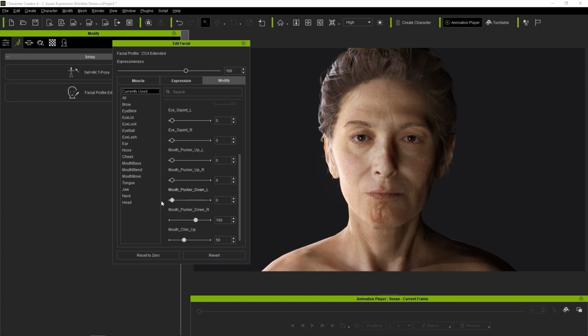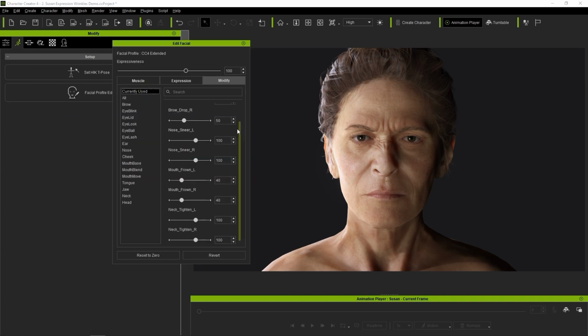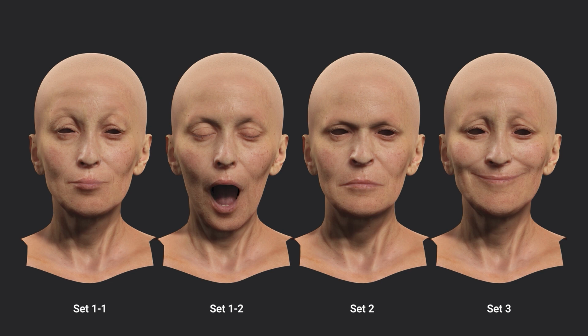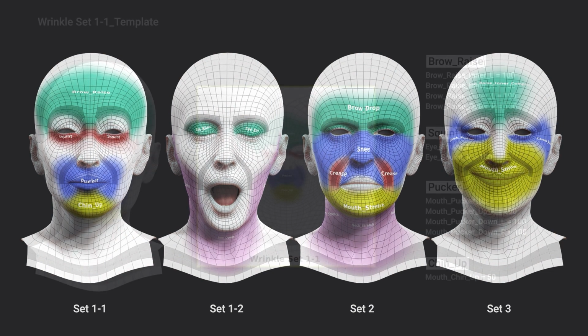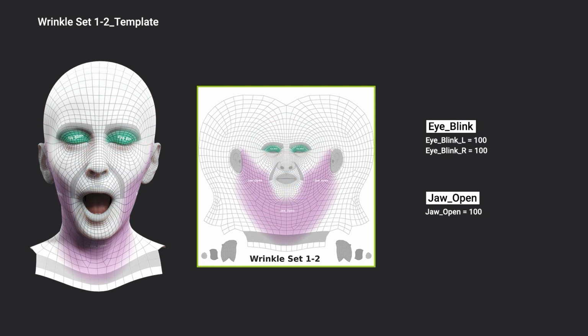You'll notice that a number of different sliders are utilized when I apply the Set 2 wrinkle preset. The 4 expression presets in the Wrinkles Test folder are all that's needed to check the results for every wrinkle on the face. You can see the various areas of influence all compared side by side here. Here is also a list of the various expression sliders that activate wrinkles in those particular areas.